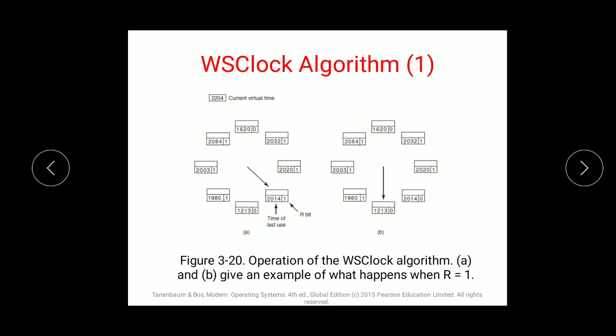Then the WS clock algorithm: shift the R bit and the time of last use, then shift to the next bit. The arrow shows the current working page, then the page is shifted. Give an example of what happens when R is equal to 1. If the reference bit is 1, then what will happen? The reference bit is also given beside it, then the time of last use, whatever is there,